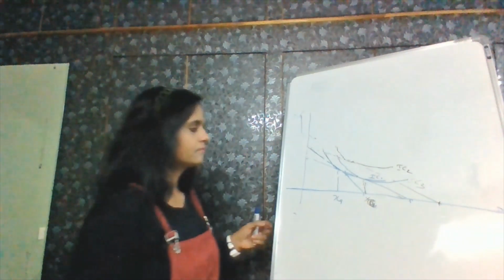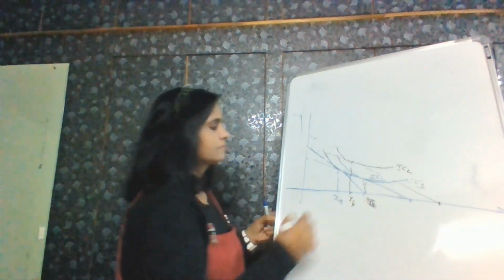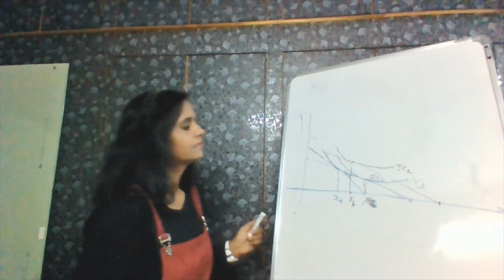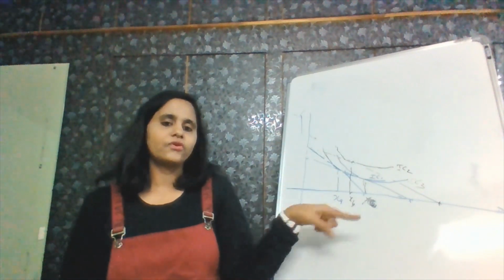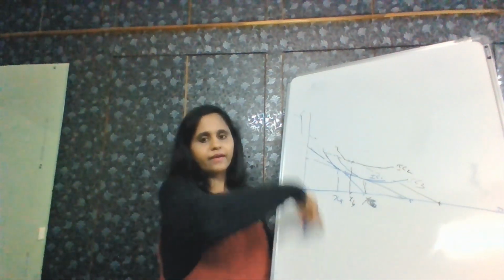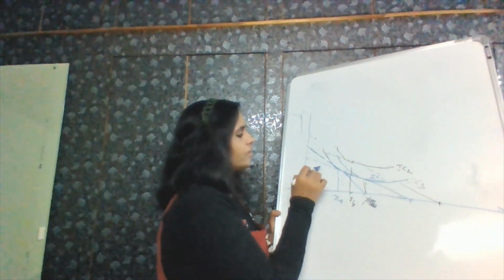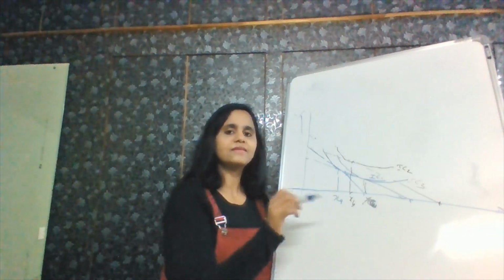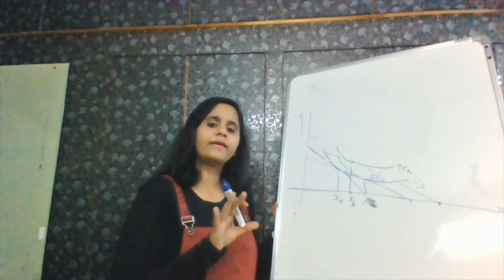XC considered. XB was this. XC. So this is your Slutsky adjustment, where keeping your purchasing power constant you are drawing a new line. It has become a little bit messy, so I'll draw it again, a bigger one. But the basic idea is that you draw a new indifference curve, but your purchasing power remains the same. So you should be able to buy the bundle of goods we were buying earlier now also.